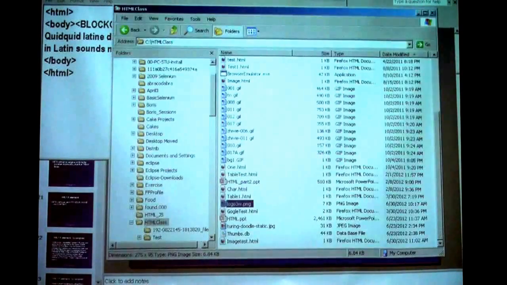Image test. So this is how it appears in Mozilla Firefox. You see that the phrase in Latin is actually indented and has the effect of quoting it. Okay, so if I use, instead of blockquote, the Q tag, and here's the Q,